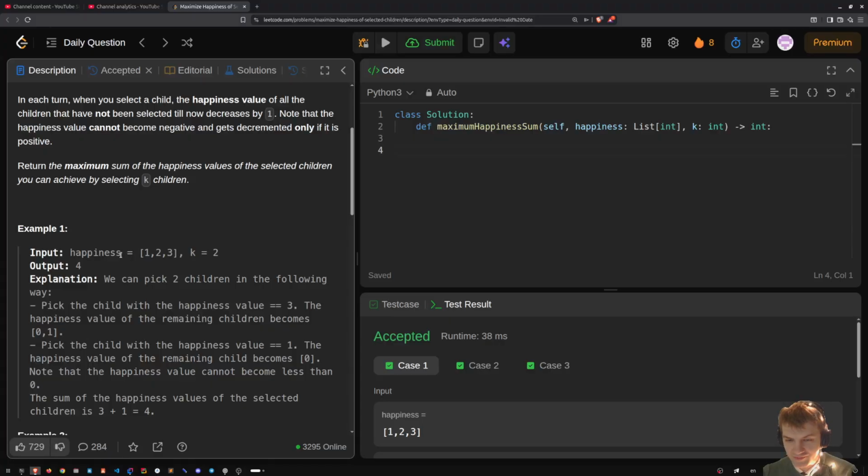So basically, I'm given a happiness array, and from this array I need to select children. Every child has his level of happiness, and I need to select k children, and every time I select a child, the other children decrease their happiness. So let's say I selected 3, and it means that 1 becomes 0 happy and 2 becomes